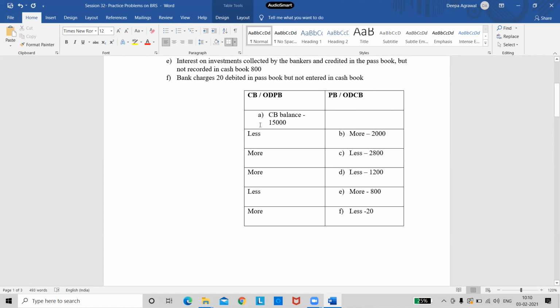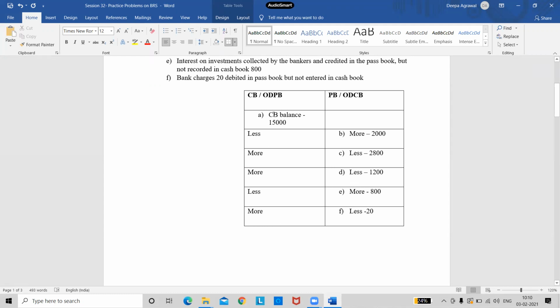So in the working notes, first I write down whichever balance is given. For me, cash book balance is given, so I note it down in the cash book column. And I need to do all transactions according to the passbook column, so I will write everything in this column. So you should be particular which is given. Cash book is given, so find out passbook. You will write the amount here and do all the transactions according to this column. Okay. So currently cash book balance is given.